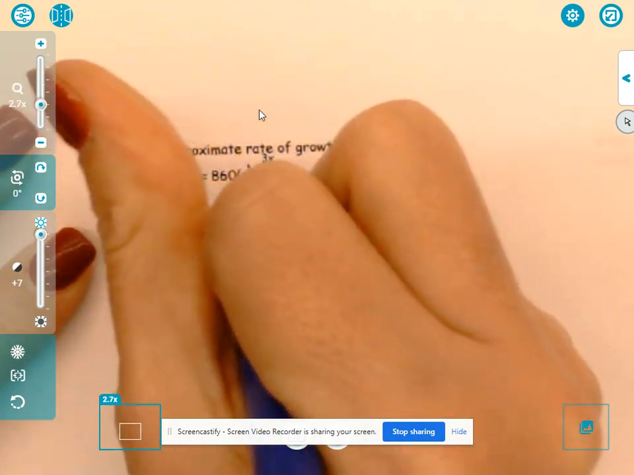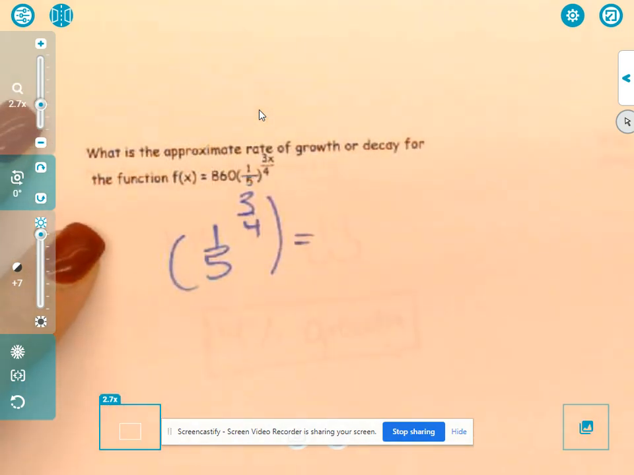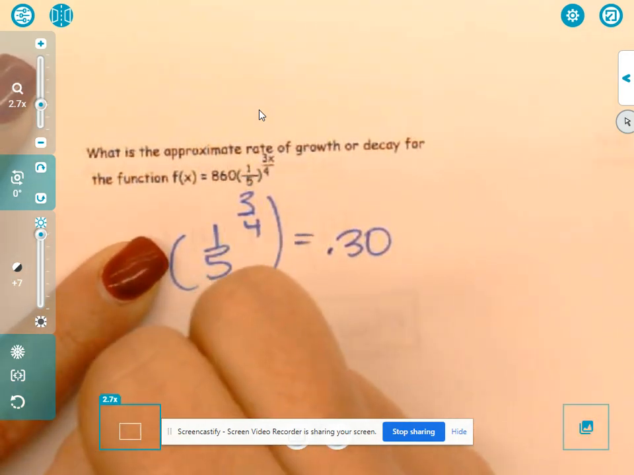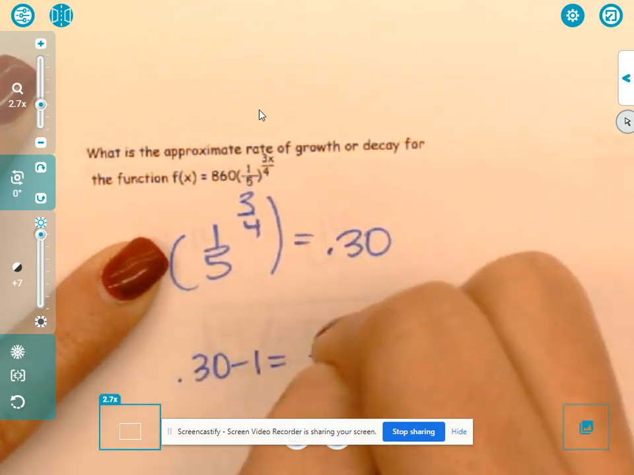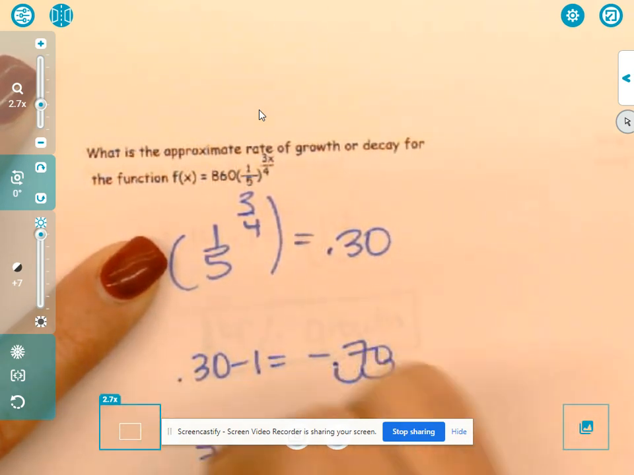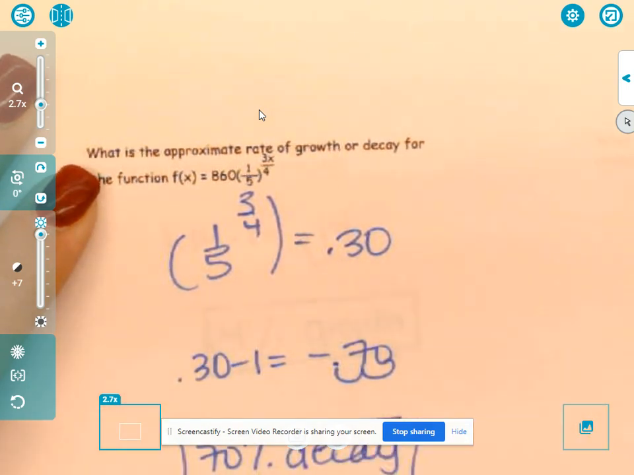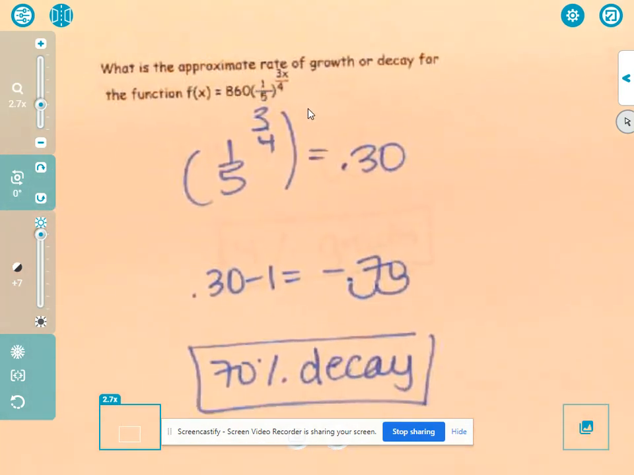Okay, and one more. So we're going to go 1/5 raised to the 3/4. And that gave me 0.299, which is going to be 0.30. So I'm going to say 0.30 minus 1 is negative 0.70. So that is 70% decay. And that is it for